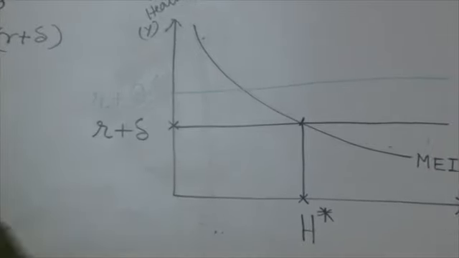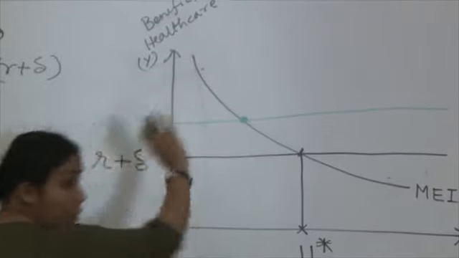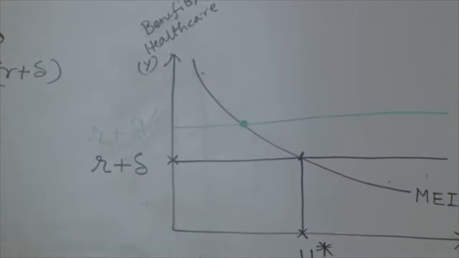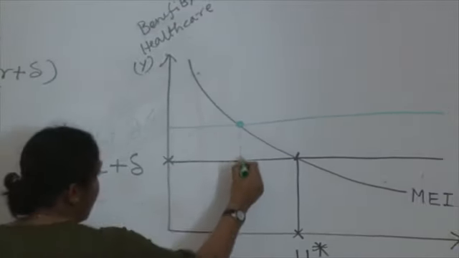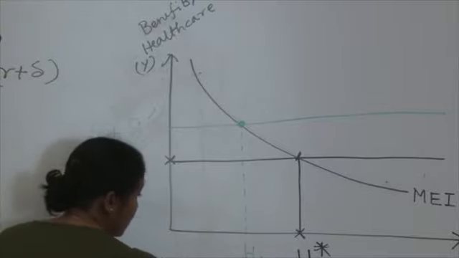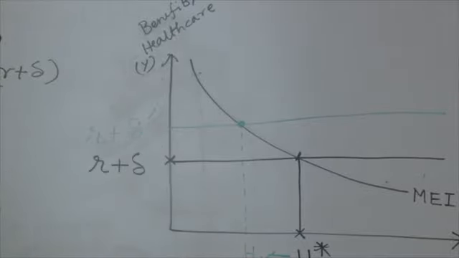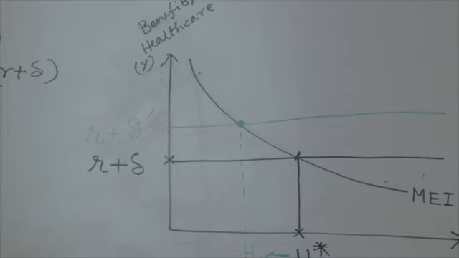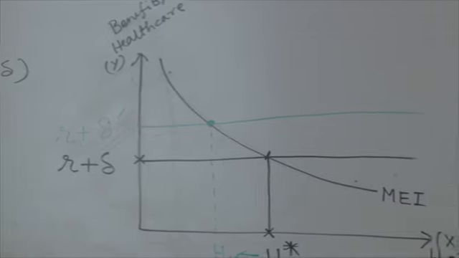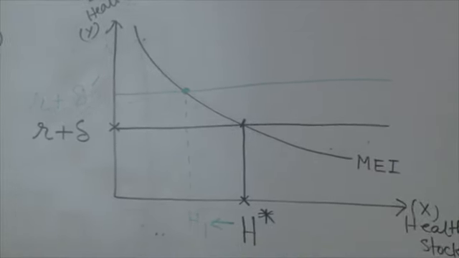So, what does that mean? For an elderly person with no other change in the system, with everything else staying the same, the health stock of an elderly person is lower. Do you see?